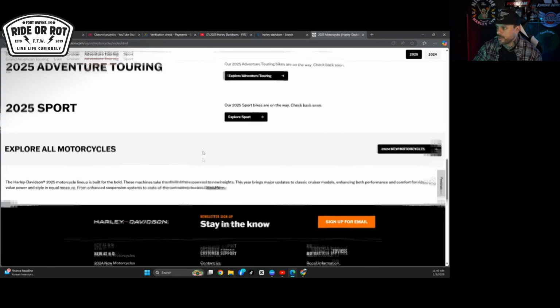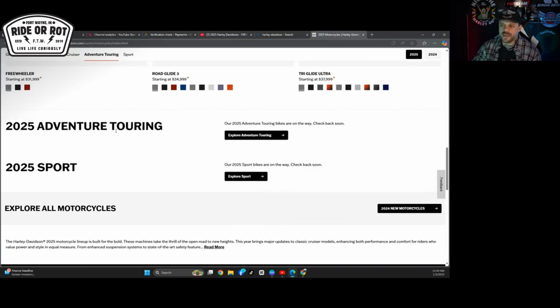So yeah, it looks like the Adventure and the Sport are going to be changing too. So what the sport bikes are, Harley calls them now, they got rid of their XL lineup, so their Sportster lineup. We're talking Sportster S's, Nightsters, 975s. Harley hit it on the head when it came to the performance out of an engine with the Revolution lineup. Now, the Sportster S itself, 121 horse,